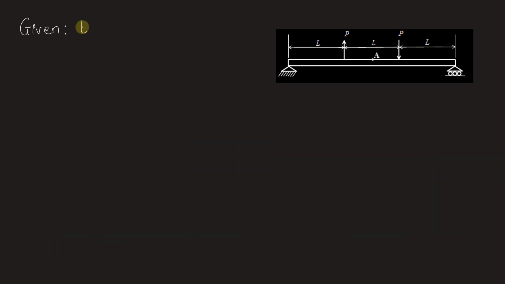It is given that Young's modulus E is equal to 200 gigapascal. Now all the values are given in Newton. So let's convert this gigapascal into megapascal because megapascal is equivalent to Newton per mm square. Next thing, area of cross section is 10 by 10, 100 mm square. First thing, let's calculate the reactions at support and then moment at the given point A.